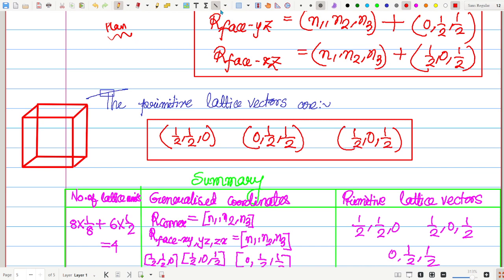Yeah, this is the unit cell. These are the primitive vectors, and if you just extrapolate this, then you will get this will move to this. This face is complete. This will move to this,